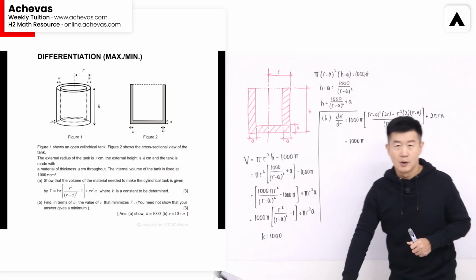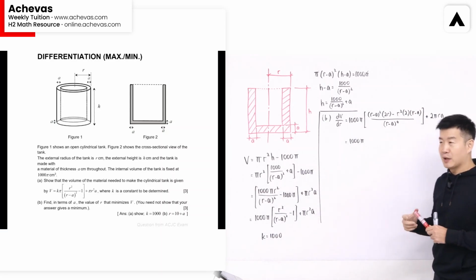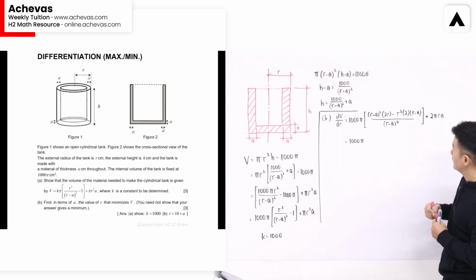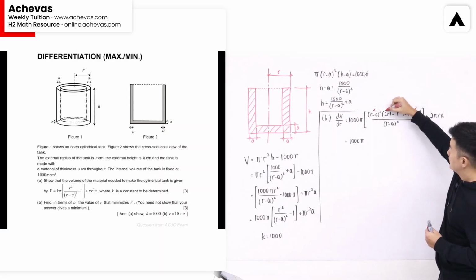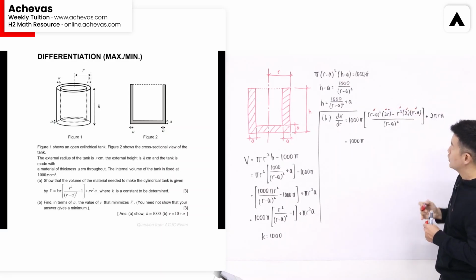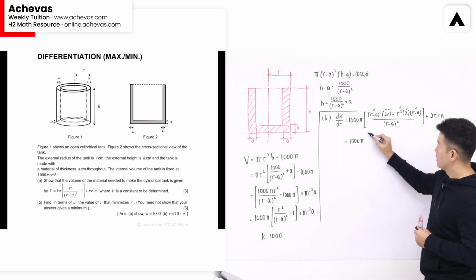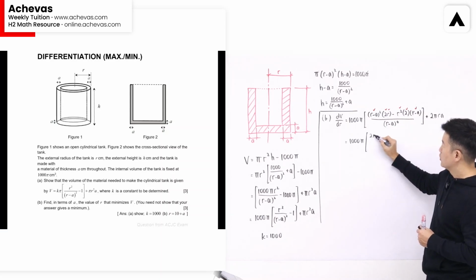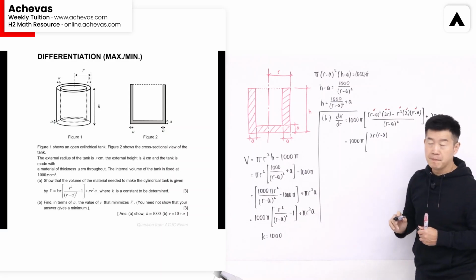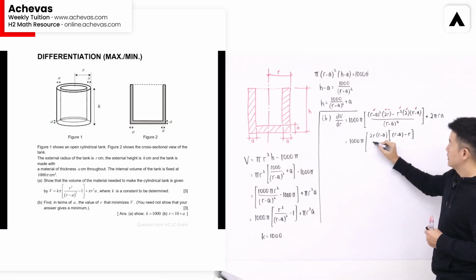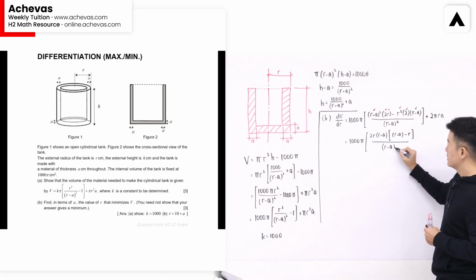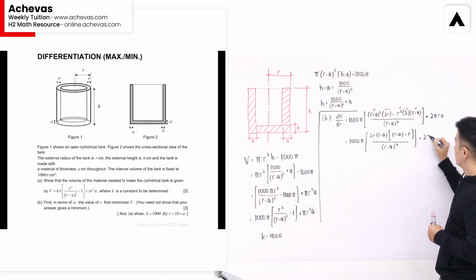Looking at this, instead of expanding, I think we can actually factorize it a little bit more in order for us to simplify it, because we see an (r minus a) in both of these terms. We see 2, we see r. So let's try to factorize out the common term first. If I were to do that, the common terms will be 2r(r minus a). And what I'm going to be left with here will be a(r minus a), and for here it will be a minus r. So this divided by (r minus a) to the power of 4, then plus 2 pi